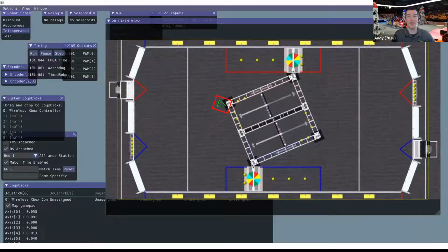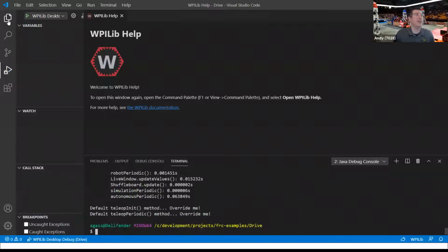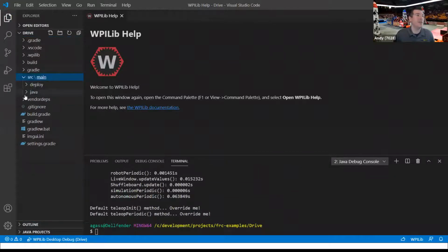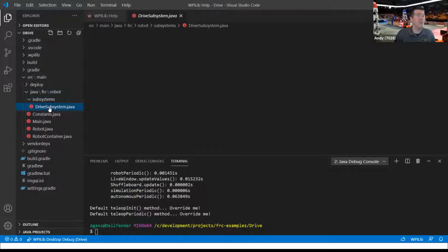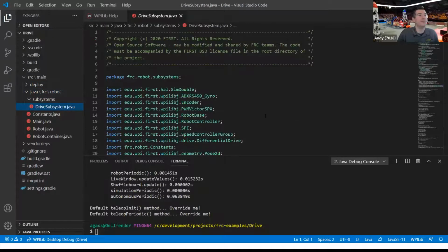So we'll go take a little look at the code that they actually have in here to make that work, because you have to add in some special stuff to make the simulator know where you are and how things work. So in our drive subsystem,